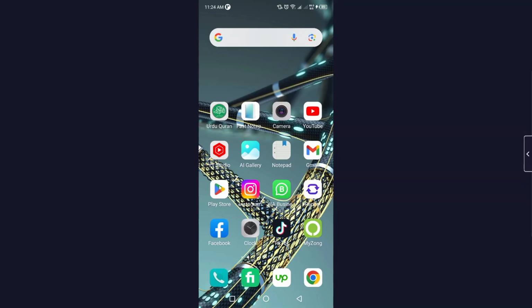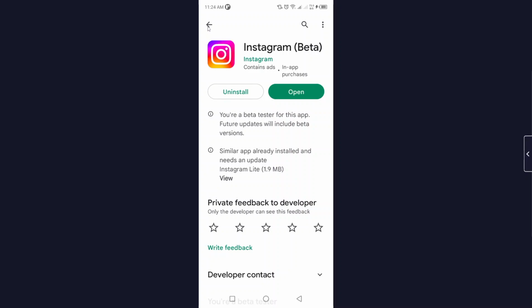So the first step you simply need to do is to open Play Store and search for Instagram, and you need to update the Instagram application. As you can see, my Instagram is up to date, then you simply need to click on open